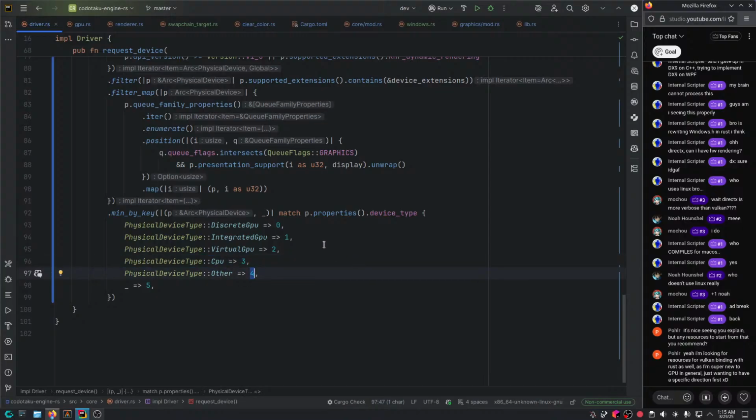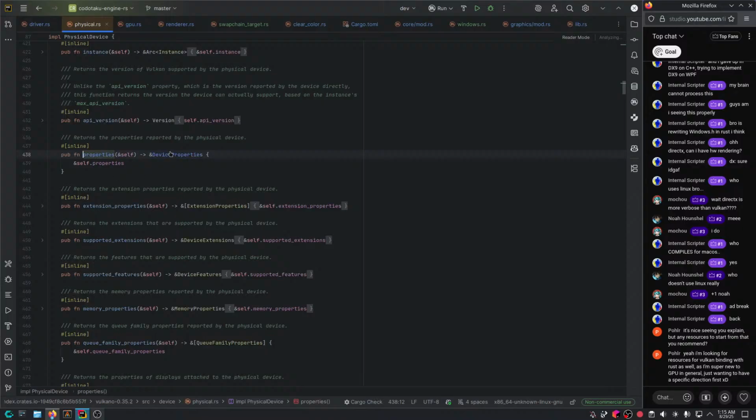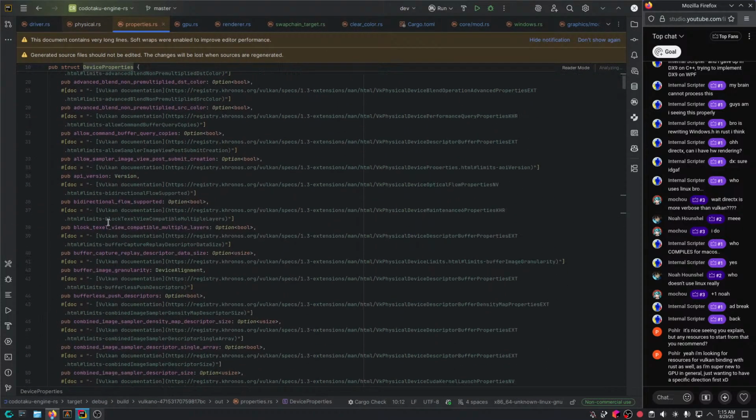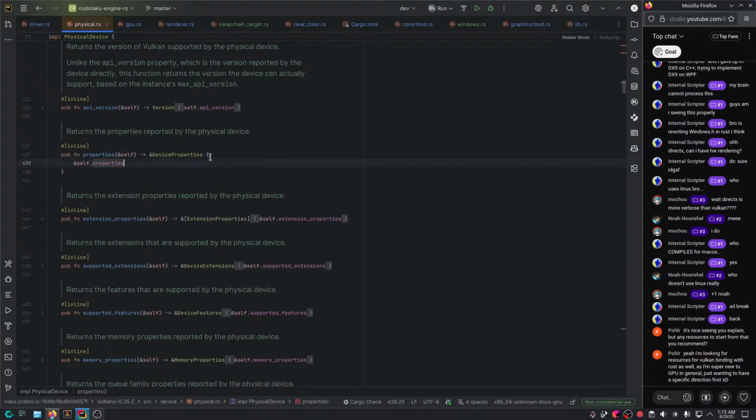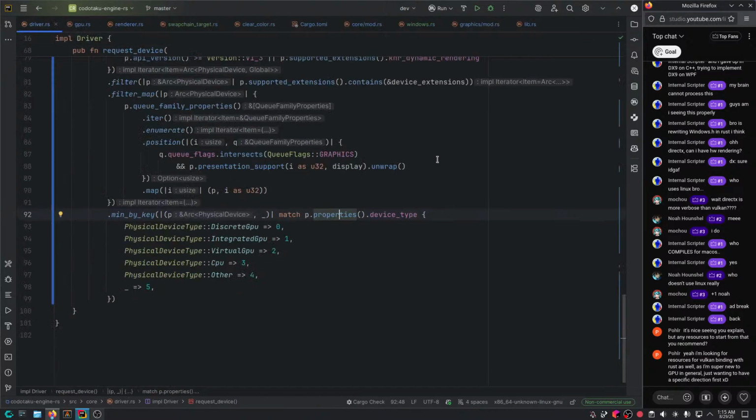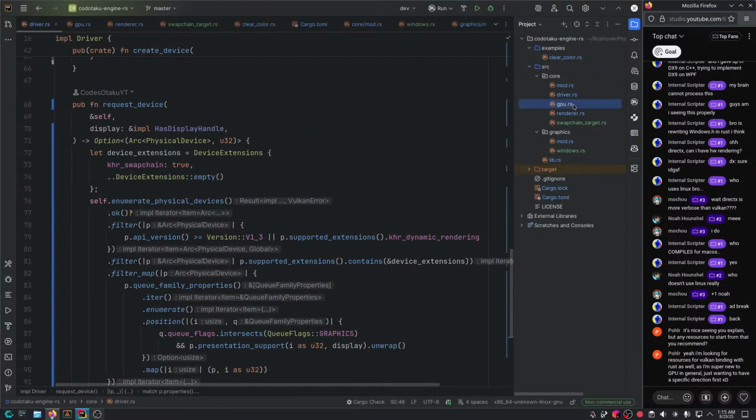So if the user has, let's say, an integrated graphics card and a discrete one, we're going to prefer the discrete one. And that's basically, we take it from the properties here, properties.device type. There's a lot of other properties you could check out that you could use to do all sorts of cool stuff. But yeah, that's basically it for the driver. Next up is the GPU